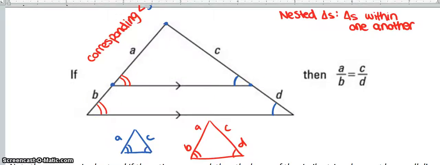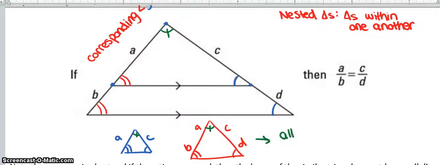By process of knowing that all triangle angles add up to 180, this angle has to be congruent to this angle as well, which is this angle on the big picture here, which makes sense because the triangles have a shared angle, which by reflexive property has to be congruent to itself. Both of this triangle and this triangle have that angle, so obviously that angle is congruent on the pictures when I separate them. Okay, so since all the angles are the same, we know these are similar triangles,